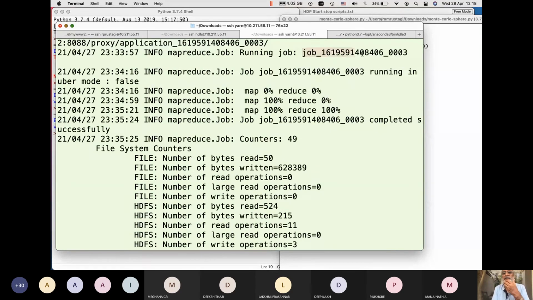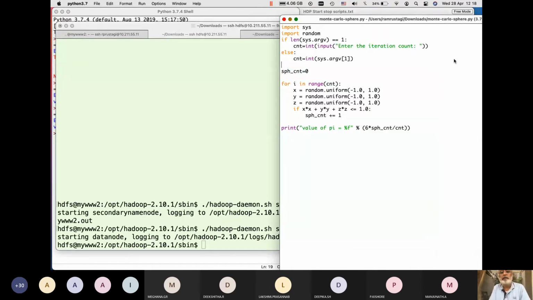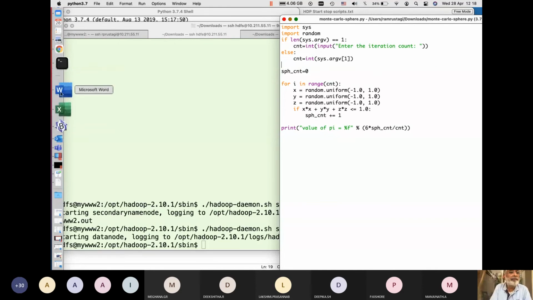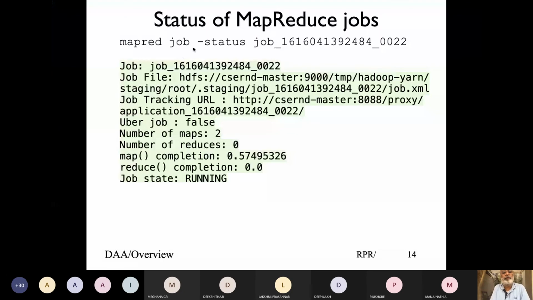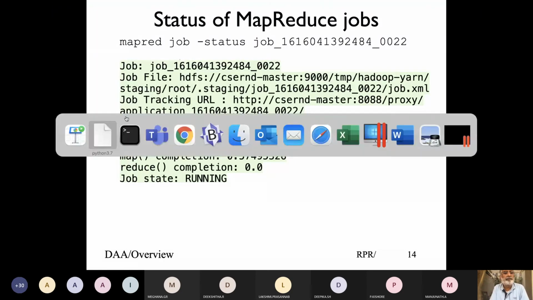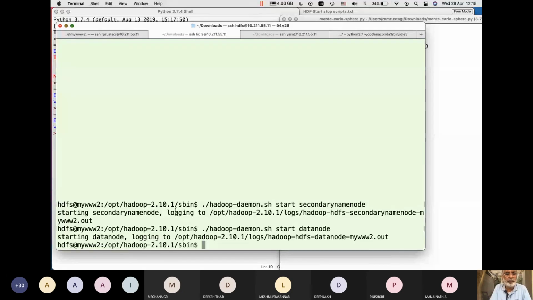This was our job. My syntax, I don't remember. It is the mapreduce job command, that's the status.